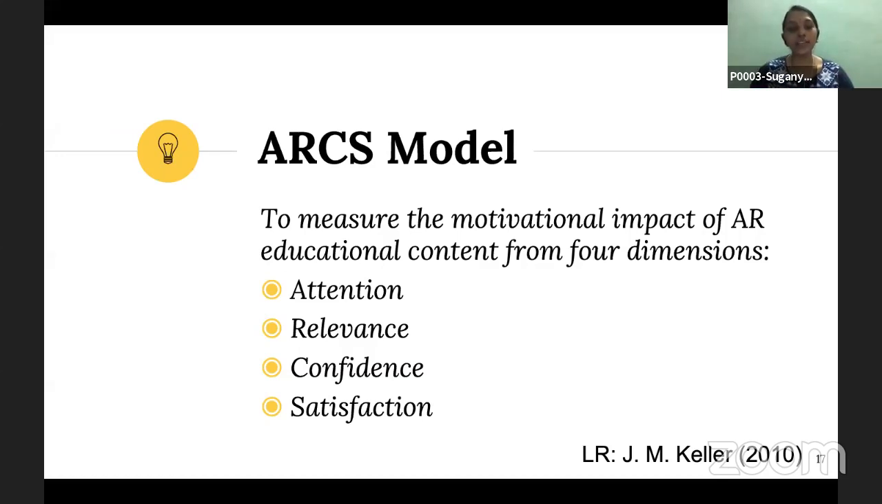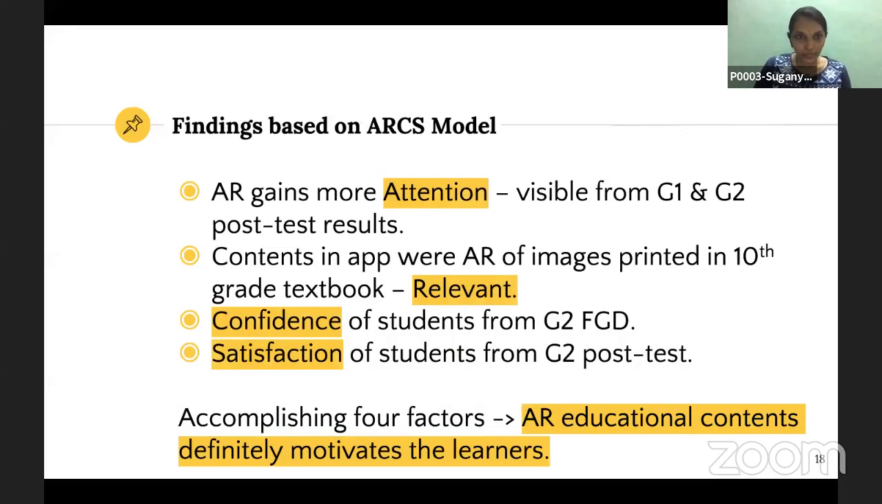We adopted Keller's ARCS model to support the study. The ARCS model measures motivation from 4 dimensions: attention, relevance, confidence, and satisfaction. Here are the findings based on the ARCS model. AR gains more attention of the learners than the traditional teaching method, which was clearly visible from the result of the post-test